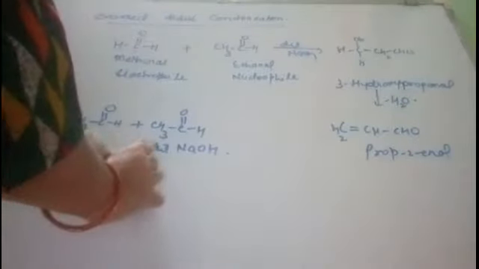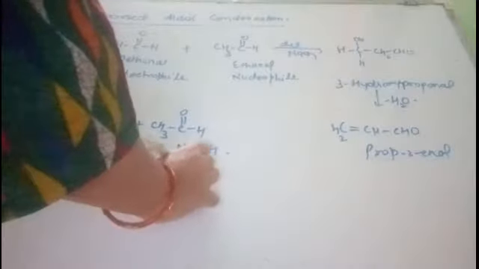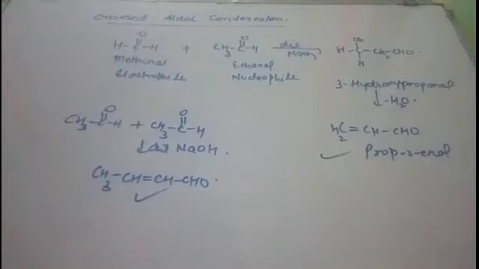So what will be the product? I will write the final product here. We will get butyl. So we will get 2 products, prop-2-enol and butyl, by the reaction of methanol and ethanol. Similarly, you can do the reaction between benzaldehyde and any other aldehyde containing alpha hydrogen. So just what you have to remember is that if one of them contain alpha hydrogen, the other do not contain, then also we can undergo the cross aldol condensation.